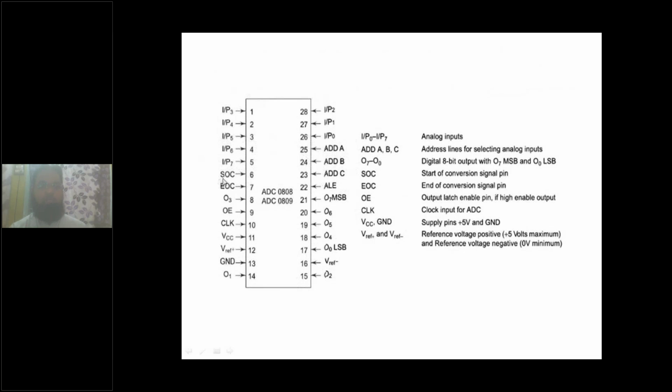And this is the pin dedicated for the start of conversion pulse, and this is the pin dedicated to generate the end of conversion signal. After conversion of the analog into digital, the digital signal will be available over the digital output lines. These output lines are O0, O1, O2, like that up to O7. This is of size 8 bit. O0 is LSB, O7 is MSB, and it has power supply lines, VCC, ground, and V reference. If V reference plus is connected to 5 volts, it considers 5 volts as the reference voltage, and according to that, the conversion process will happen.